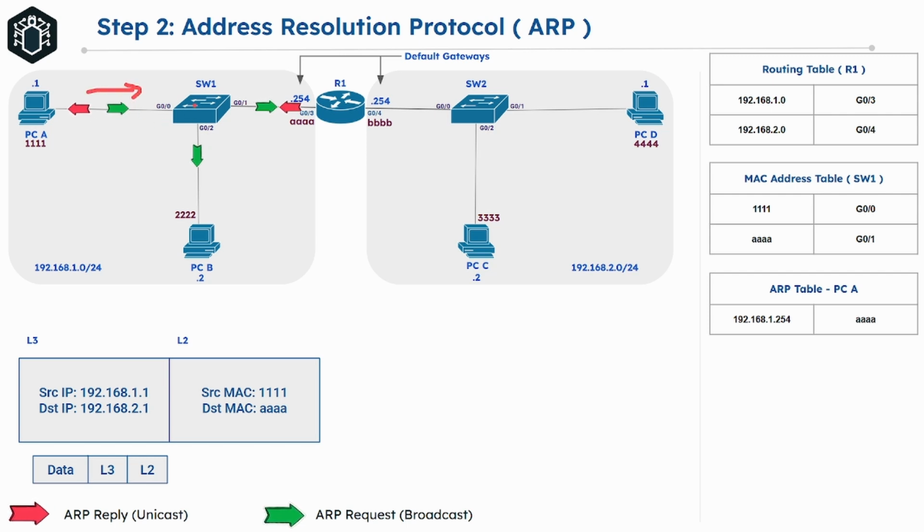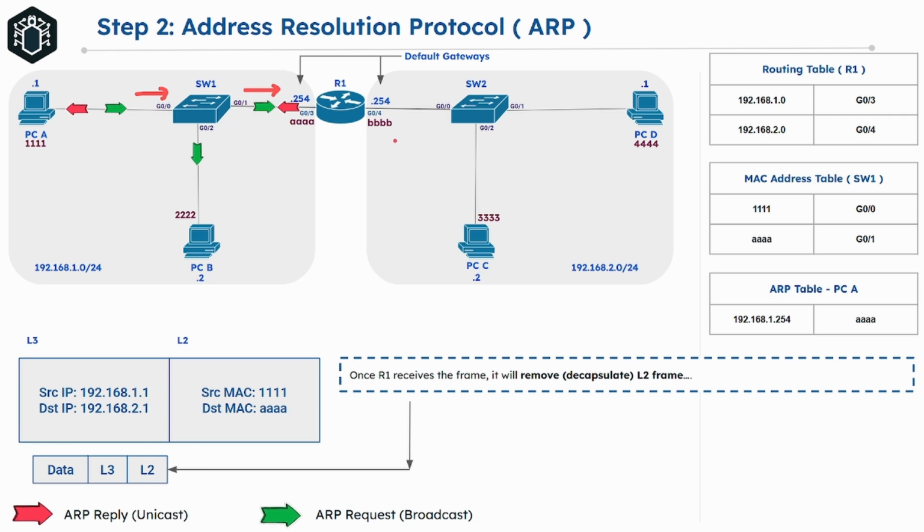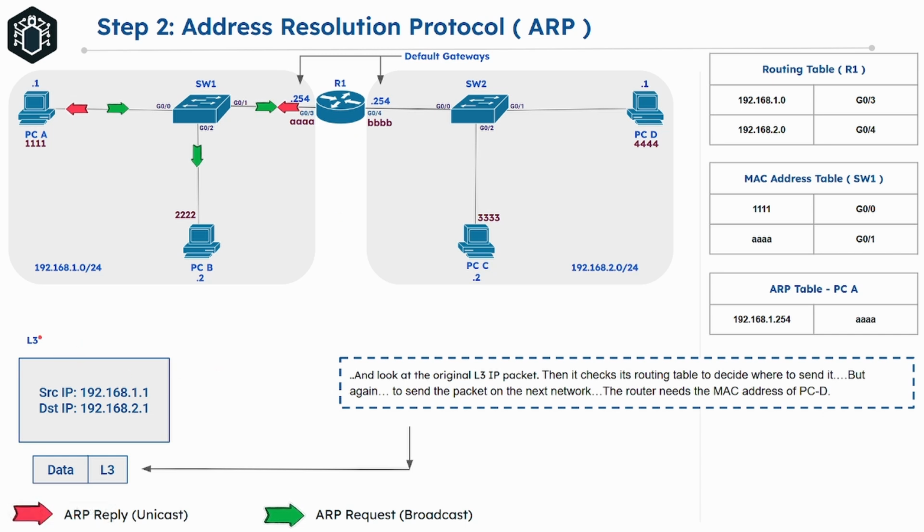The switch receives the frame and checks the destination MAC address in its MAC address table and finds the correct port connected to the router, which is G01 in this case. So instead of sending it everywhere, it forwards the frame only out of that port to the router, which is G01. Once the frame reaches the router, it removes the layer 2 information and looks at the layer 3 IP